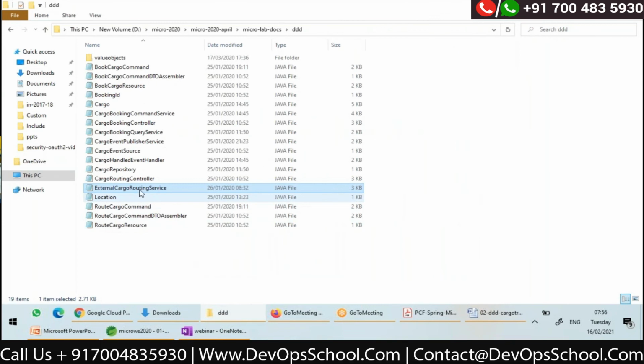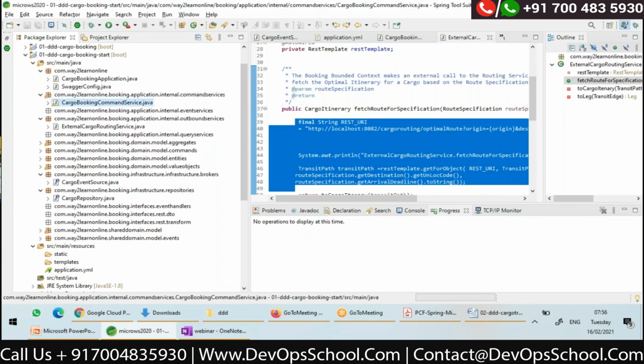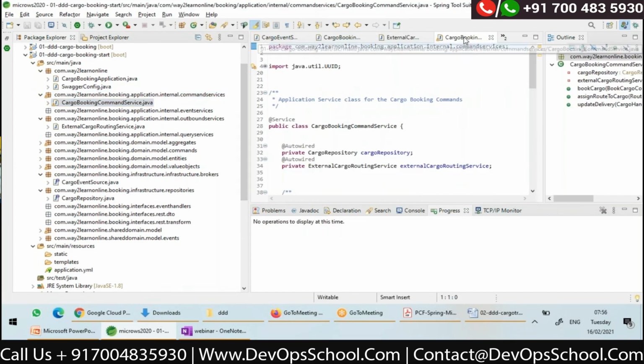What is this service? Cargo booking command service. I'll copy it to command services, application.internal.command services. So see what it is doing.